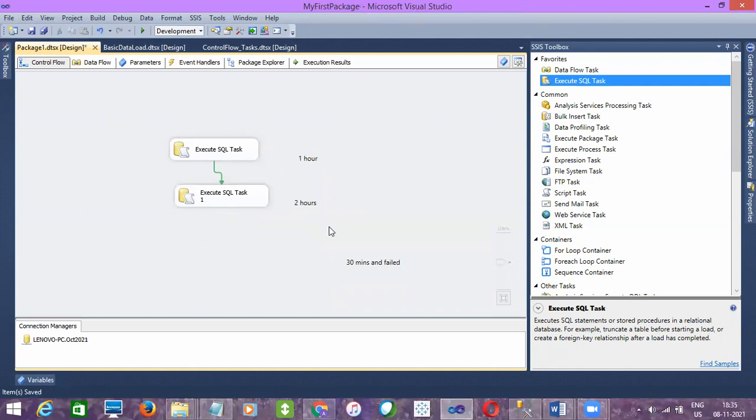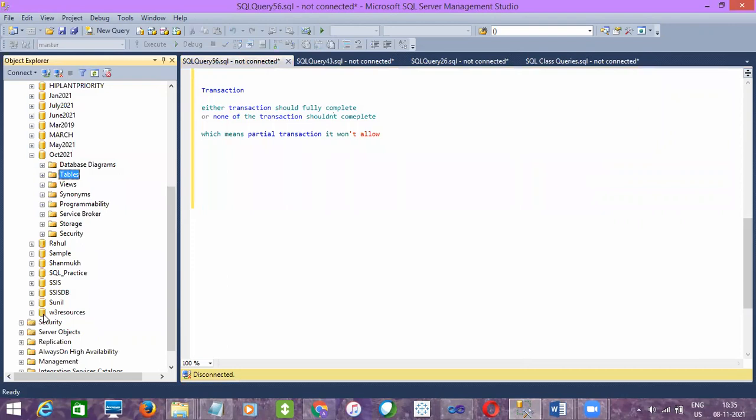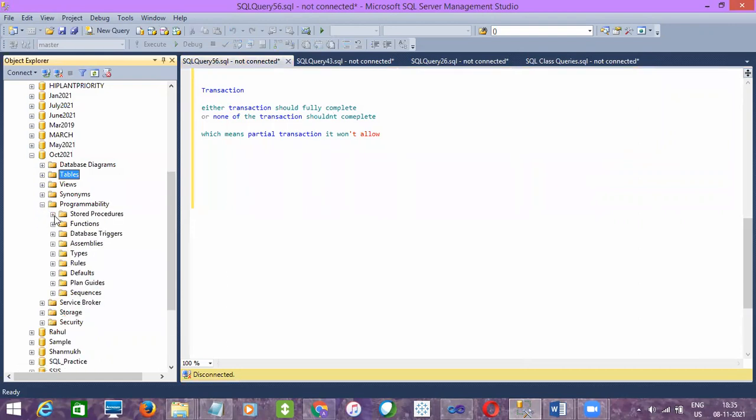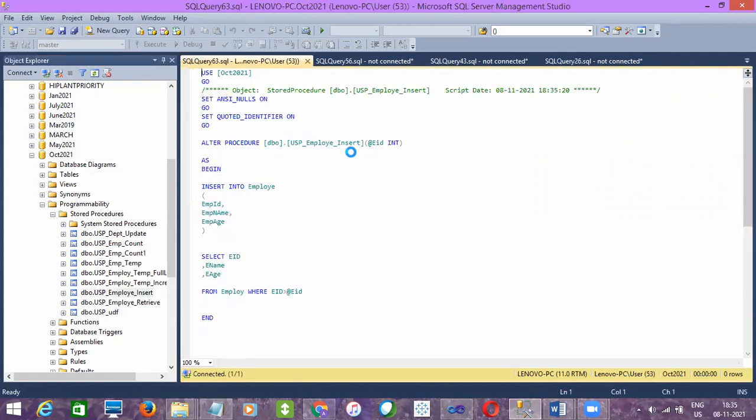That is what it means, right? So how to achieve transactions? Let's say I'll take an example of inserting data and deleting data, both. I'll choose data insertion as well as data deletion.